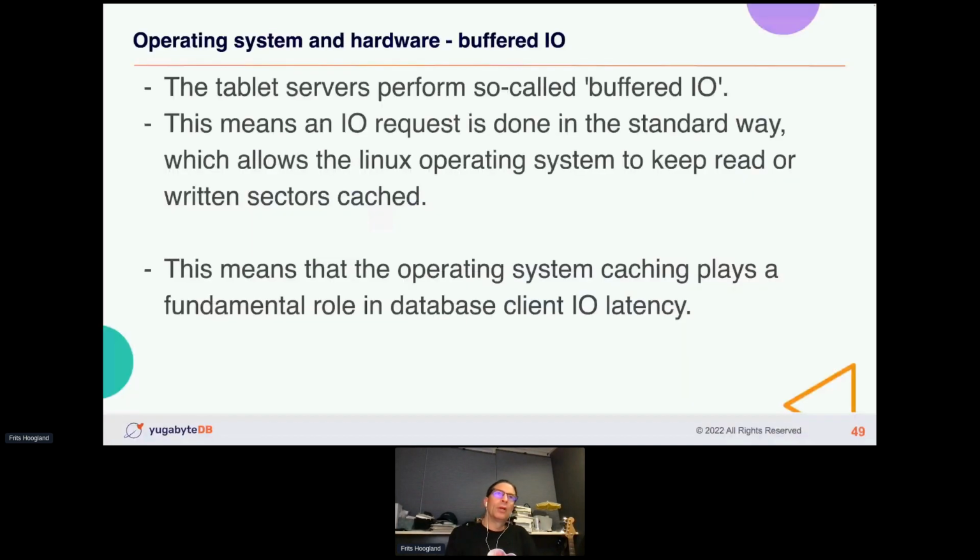Actually, tablet servers perform what is commonly called buffered IO. And buffered IO means that whenever we perform an IO request, we perform it in the Linux and Unix standard way. Oh, and Windows even, but we do not work on Windows. In the standard way, which means it allows the operating system to cache the reads and writes. This means that by doing this, the operating system plays a fundamentally important role in the IO latency. Now, with this in mind,